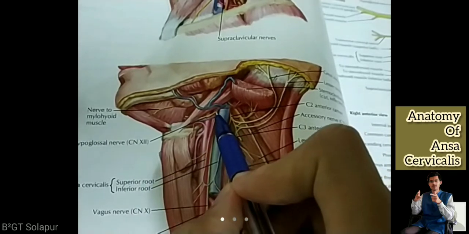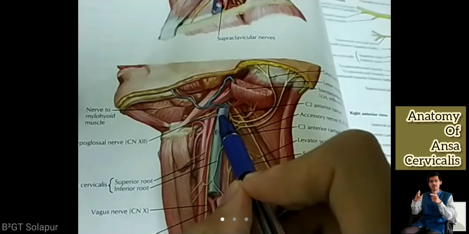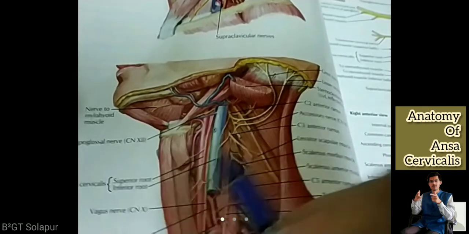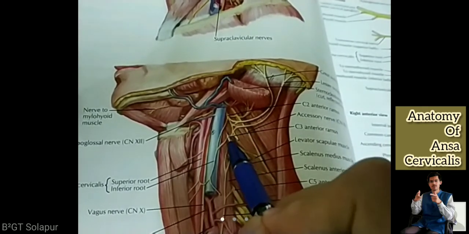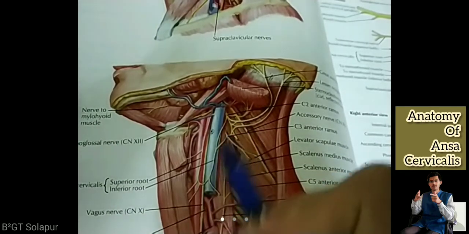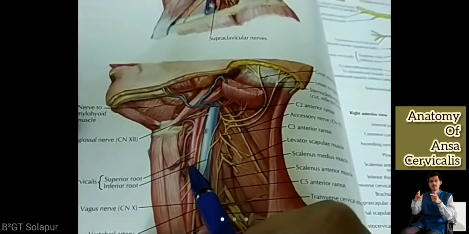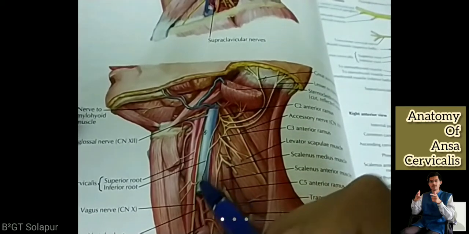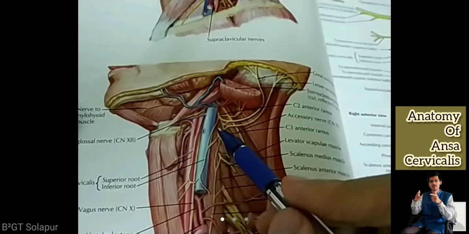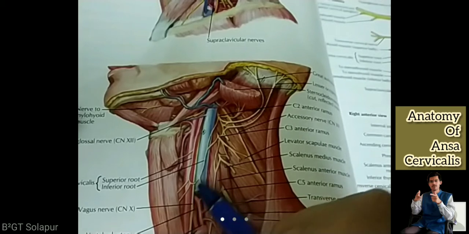Now there is a nerve root coming from this. See this one, very thin. So nerve root from the hypoglossal nerve, and nerve root from C2, C3 which you can see, and C1 which you are not able to see here. They are forming the ansa cervicalis. Now this ansa cervicalis is having 3 parts. It is coming from this to this we are considering. So this becomes the superior root. This loop is called the ansa cervicalis.